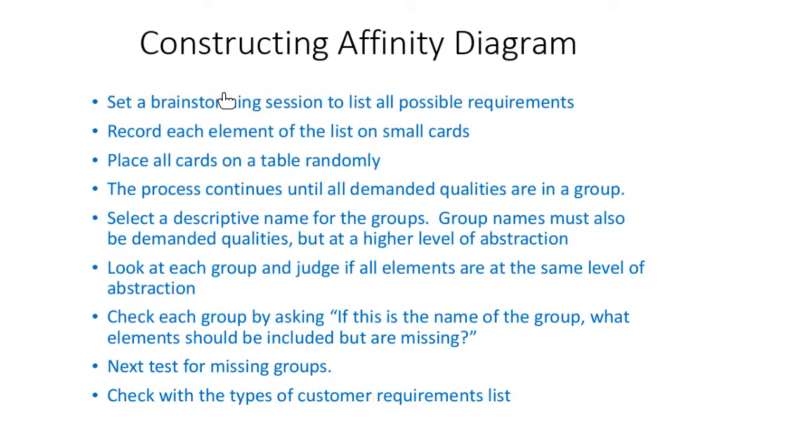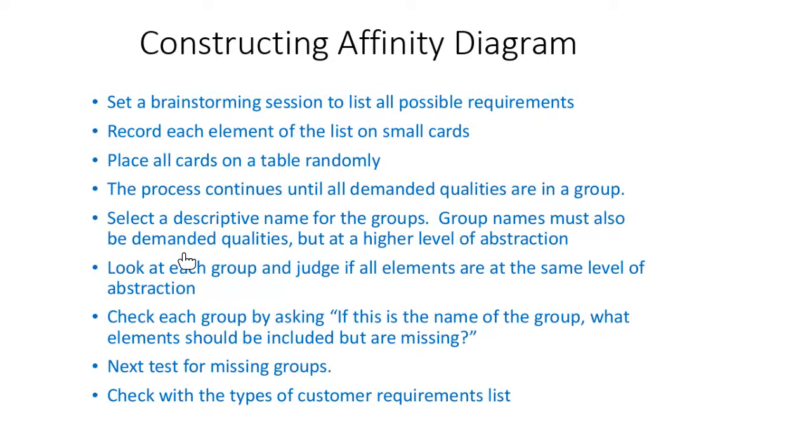You have to record each one and list them in a small card. You write them in a small card. Place all cards on a table randomly. Then try to have qualitative groups or classify them based on a group and identify a name for each of those groups. When you see homogeneous or a relation between some of those requirements, you can put them together and try